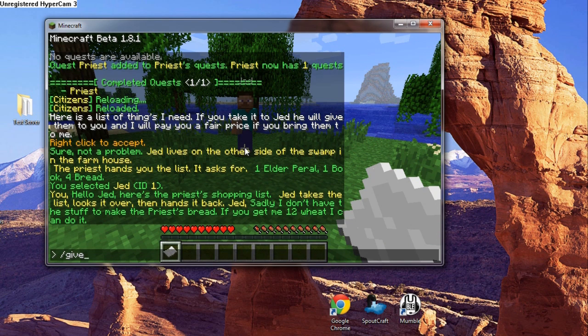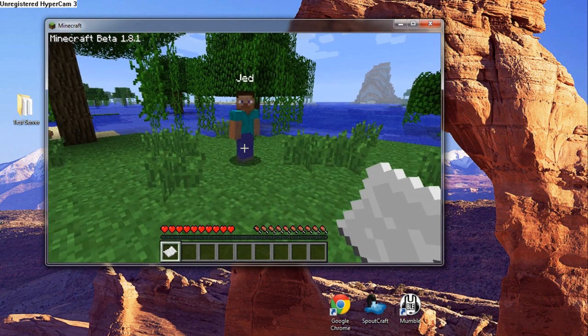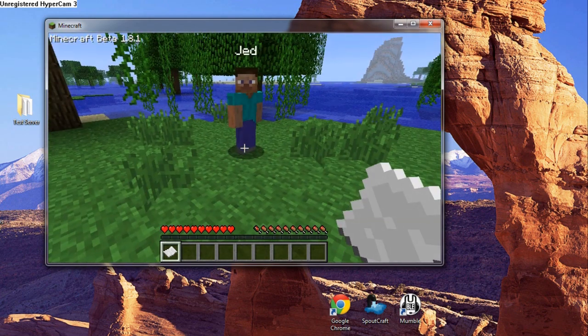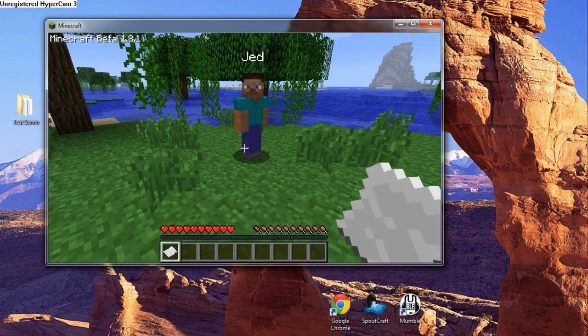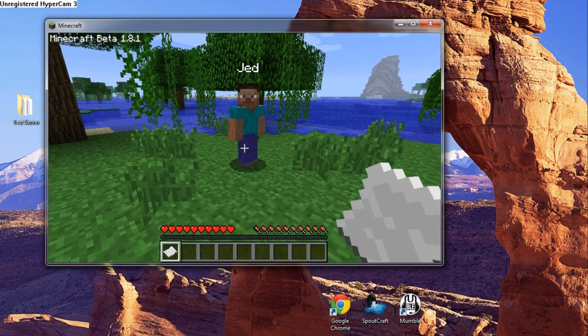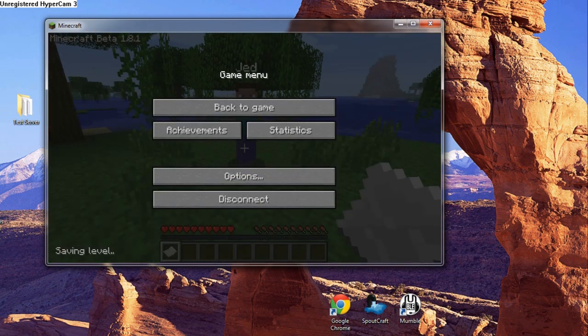So we're going to type slash give. Oh yeah, I don't think I showed you guys how to OP. You'll need to do that before you can create any of the NPCs or anything. And I think I'll probably put a little bubble up back there so you don't get too confused. But you can do it.